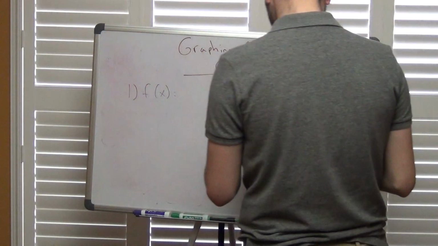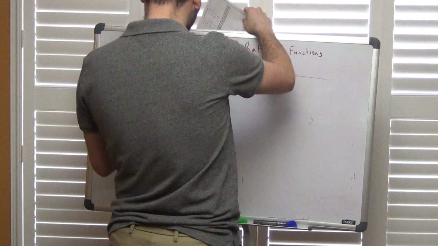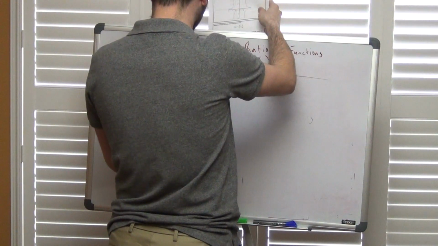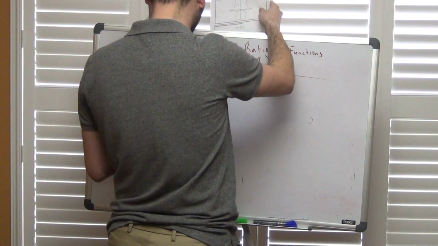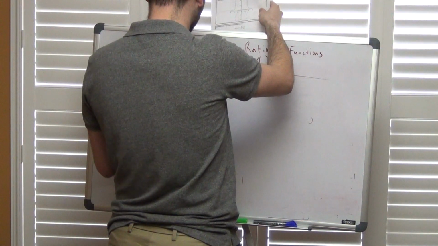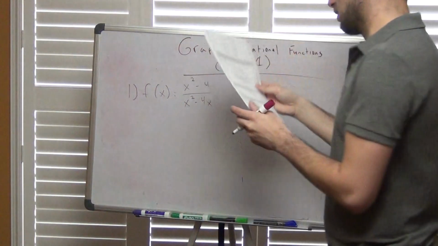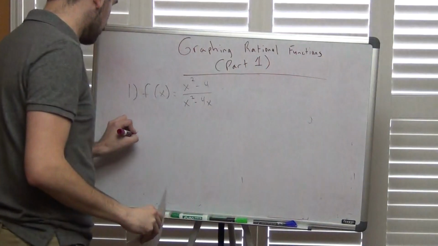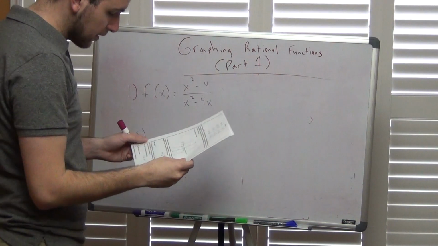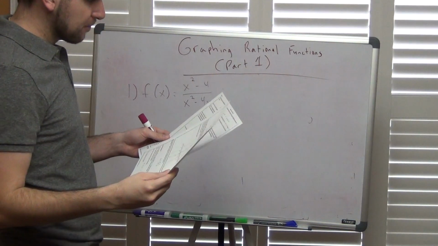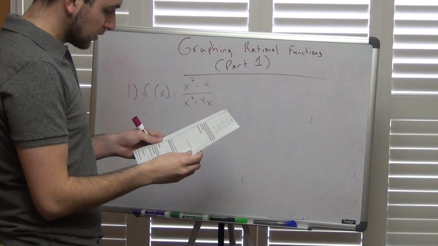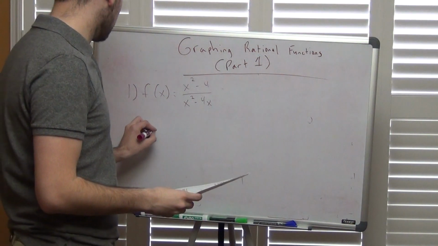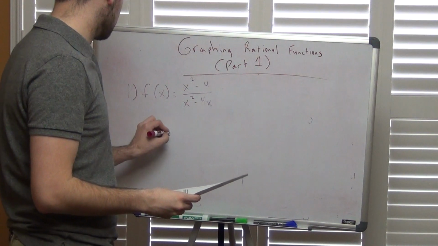You have f of x equals x squared minus 4 over x squared minus 4x. So we got 3 pieces. First, find my x and y intercepts. A reminder to find my x-intercepts,